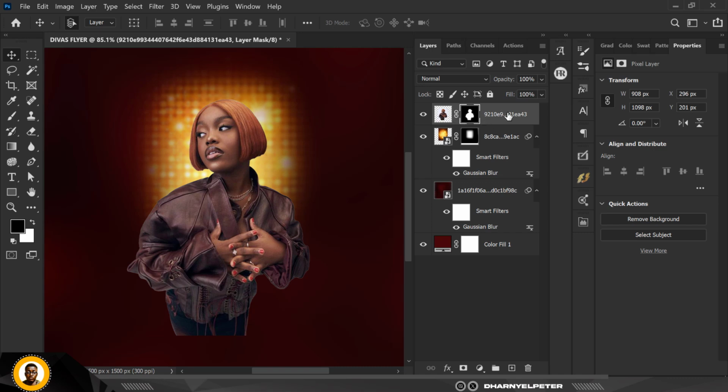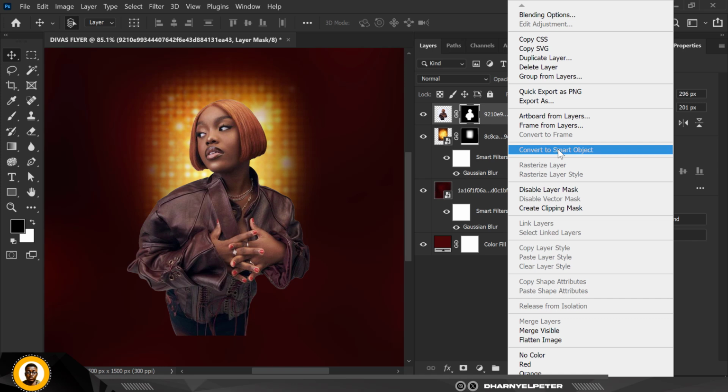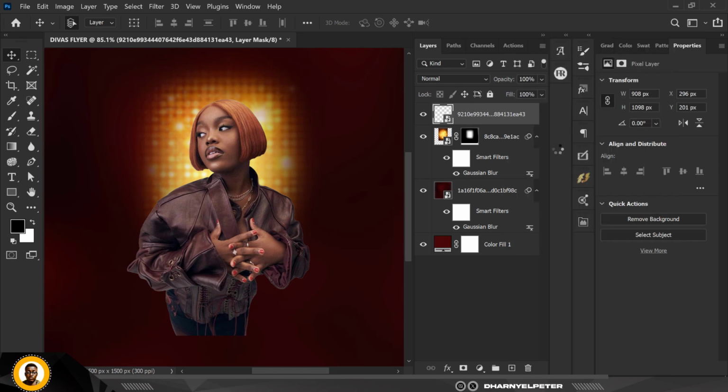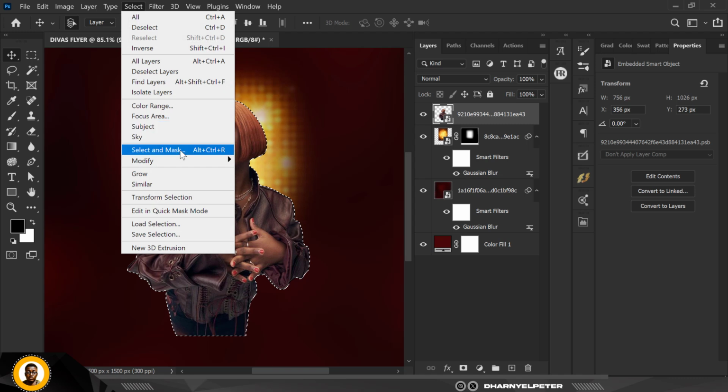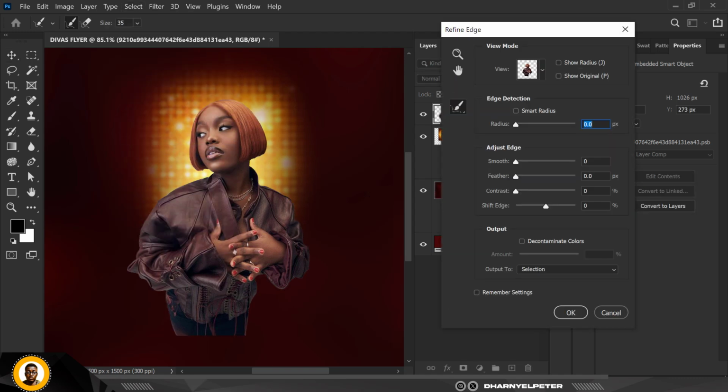Okay, so what you want to do is right click and convert this to a smart object. First things first. Now when you do that, it's been turned to a smart object. Hold down Control while you click on this to see this selection, right? Go to select, hold down Shift before you click on select and mask, right? Then you can come here and